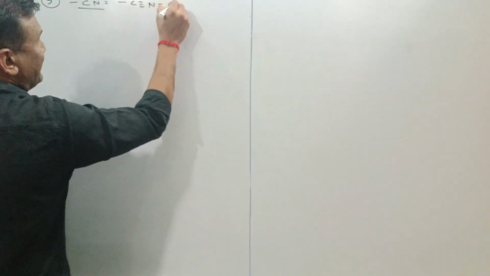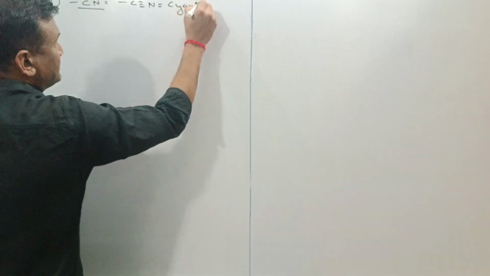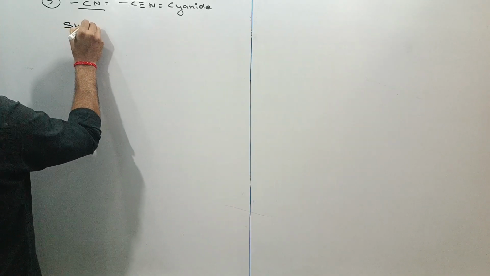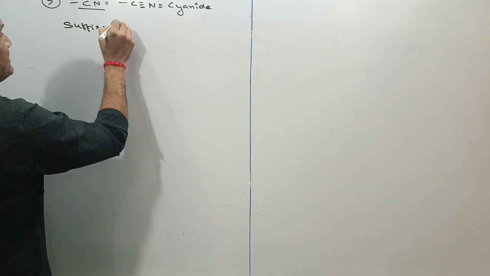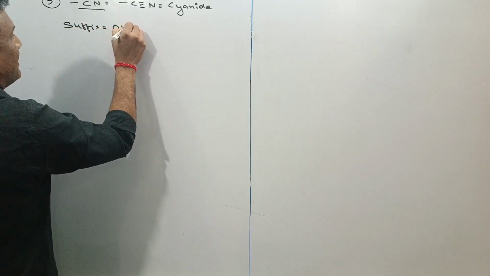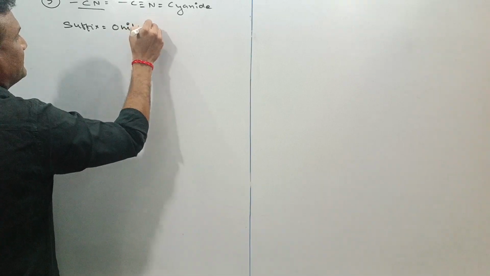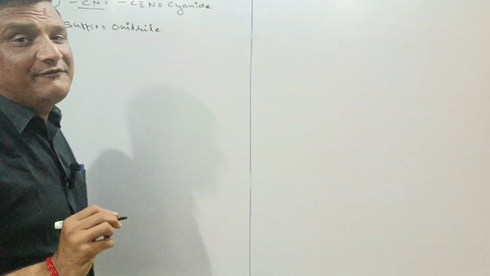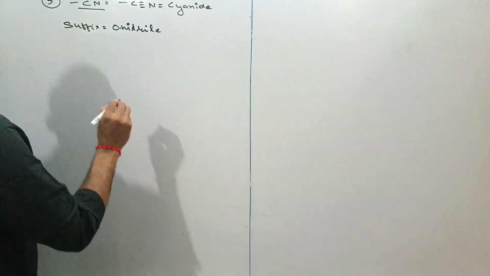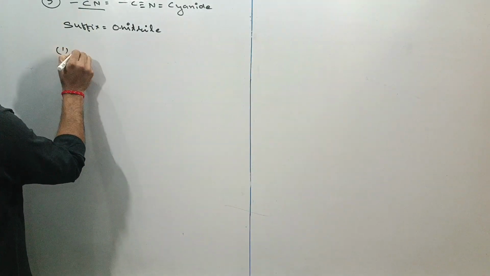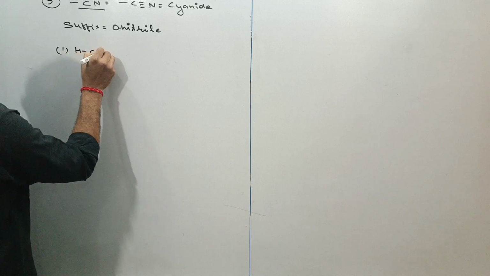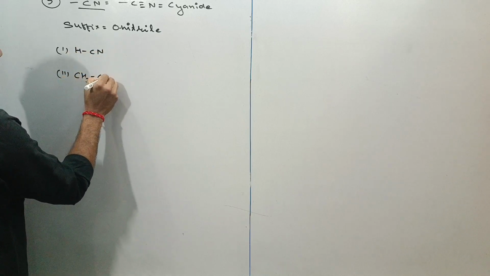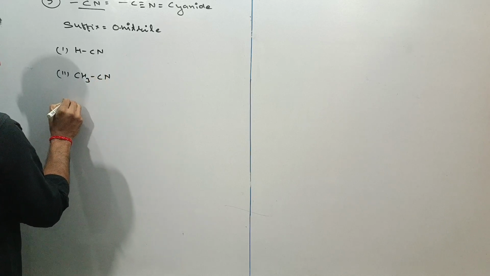CN is called cyanide. If we go with the suffix, then the suffix is very interesting. It will be O nitrile. If we go with different compounds, then first you can take HCN, second you can take CH3CN, third you can take